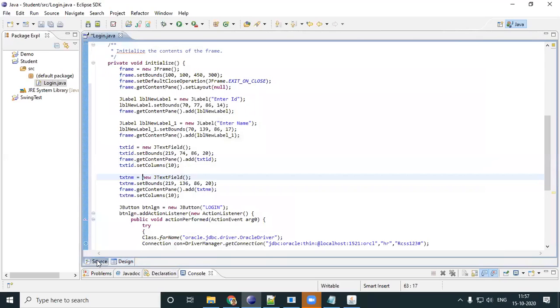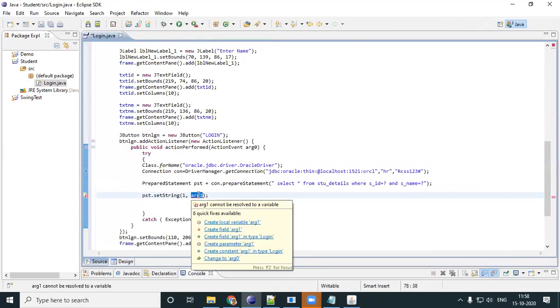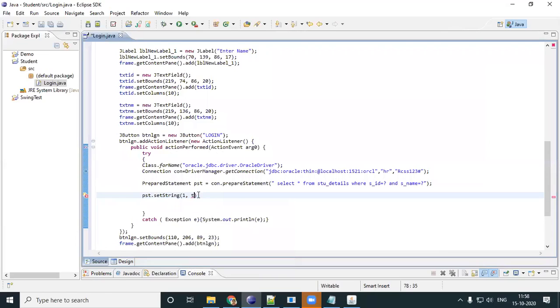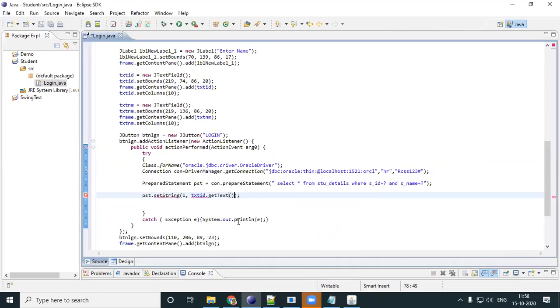So let's come back to the code. Where were we? We were here. So my first argument is nothing but text ID, right? Text ID dot get text.